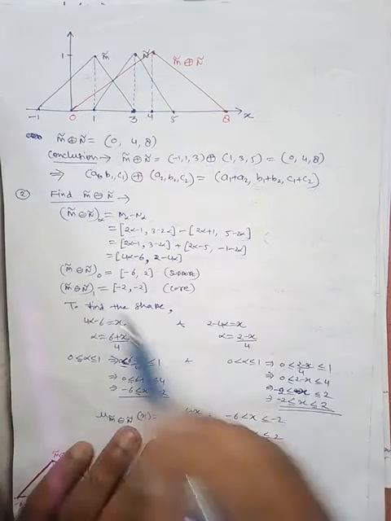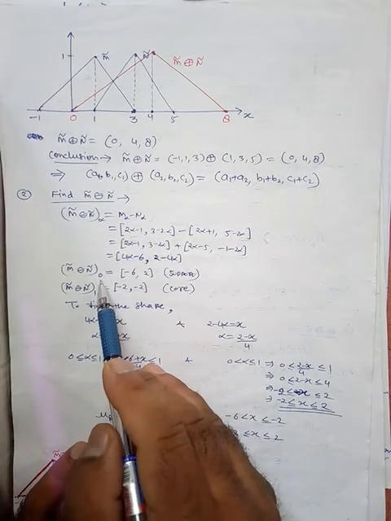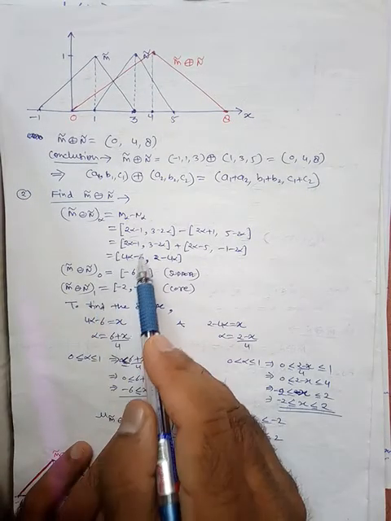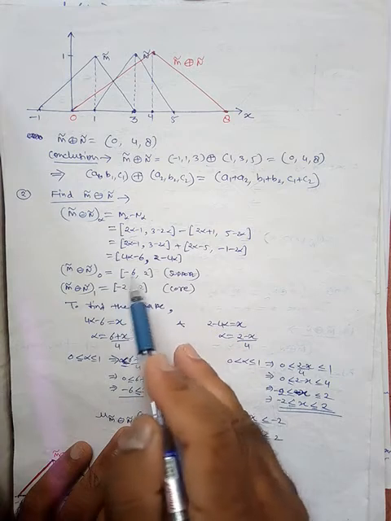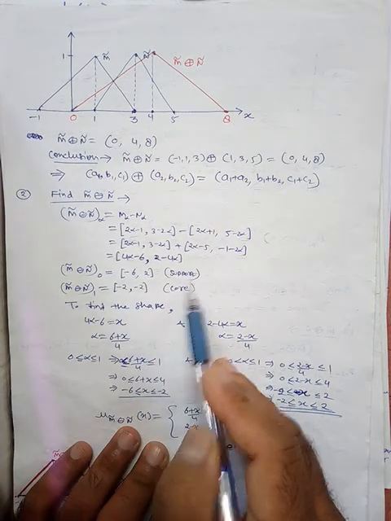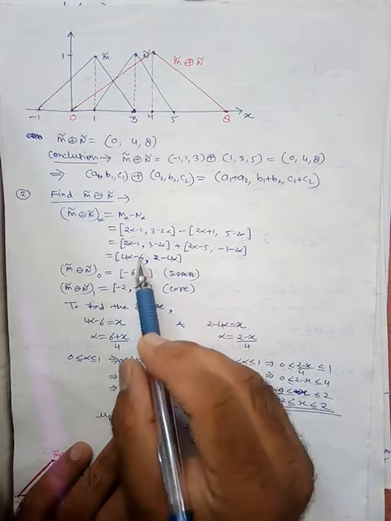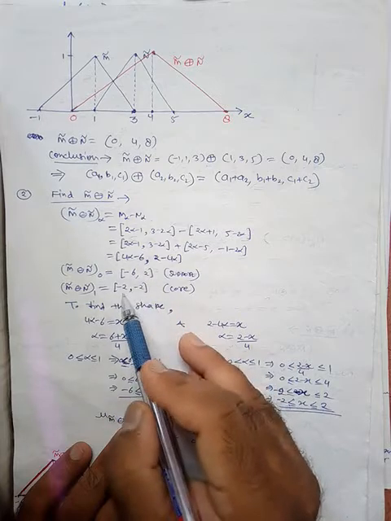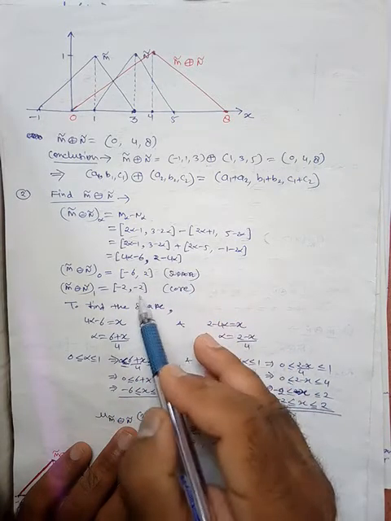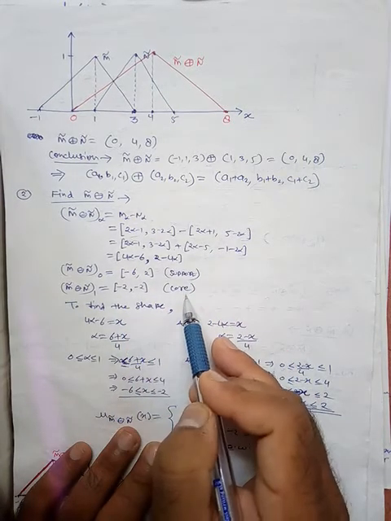Okay, so first find out the support. So put alpha equal to 0. So when we put 0 here, we get minus 6 and 2. So this is the support. Similarly, put alpha equal to 1 and find out the core. So for the core, put alpha equal to 1 here, so we get minus 2. Again put alpha equal to 1 here, so minus 2. So minus 2 is the core.